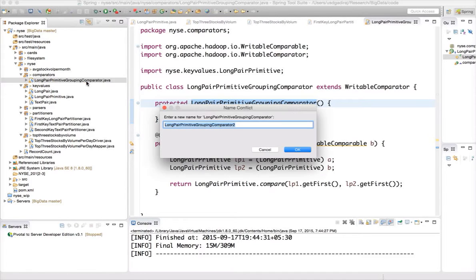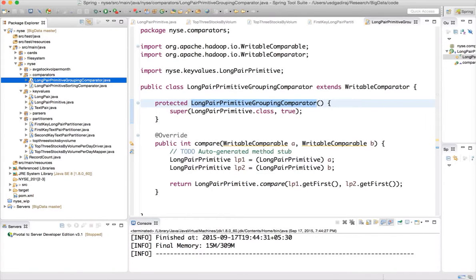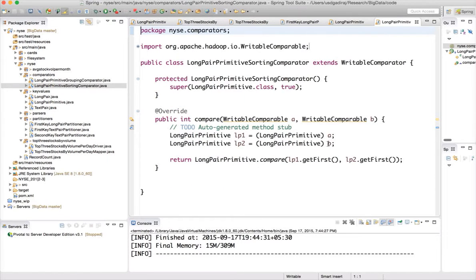You can just copy paste this one and rename it as sorting comparator, and in the sorting comparator what you need to do is, instead of directly returning on the first object, you have to store the result in cmp, a primitive integer variable,